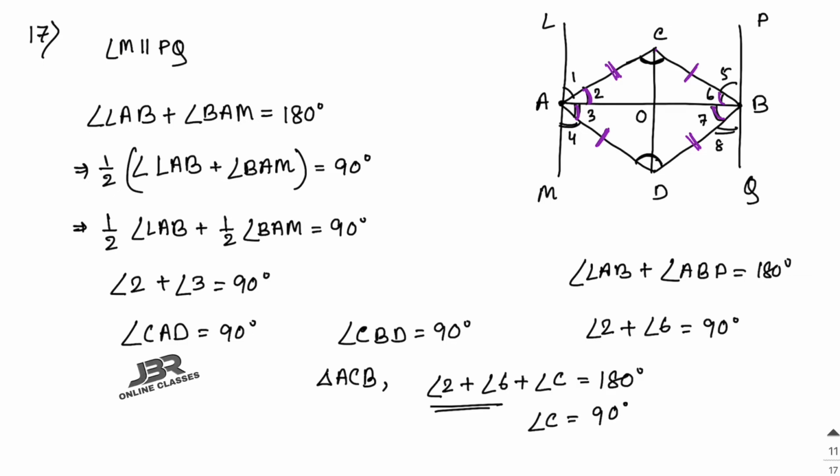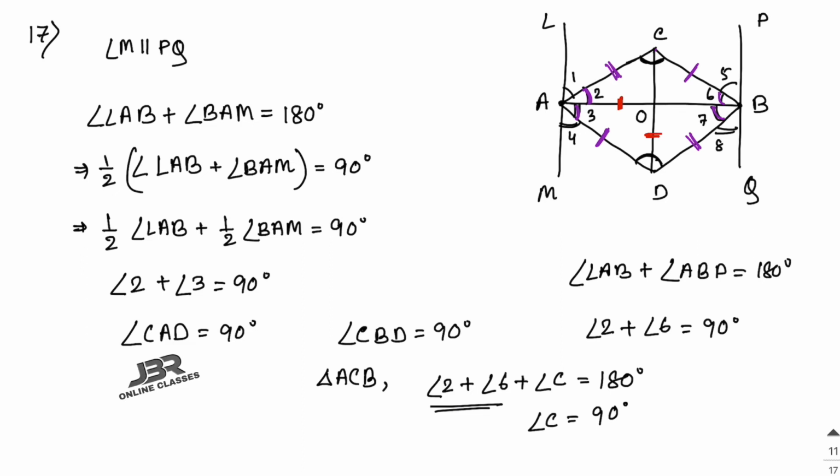OA is equal to OD because you know that the two diagonals of a rectangle are always equal and they bisect each other. So that means half of the diagonal will be equal to half of the other diagonal. So here you can write down AO is equal to OD.